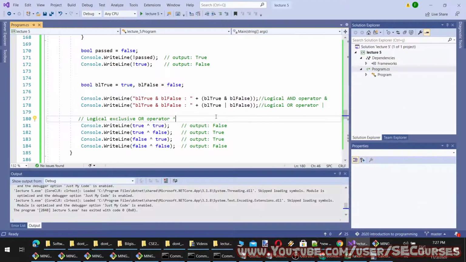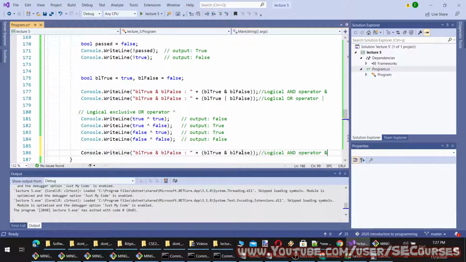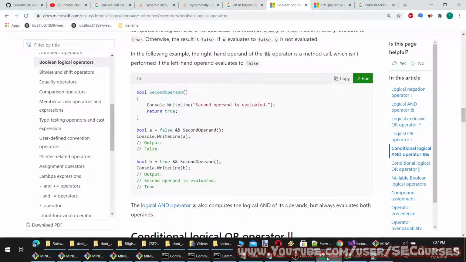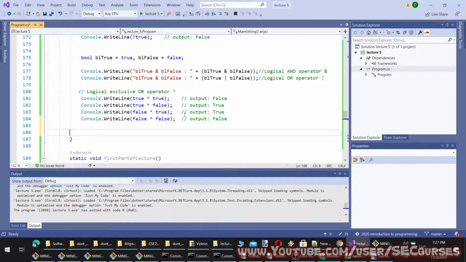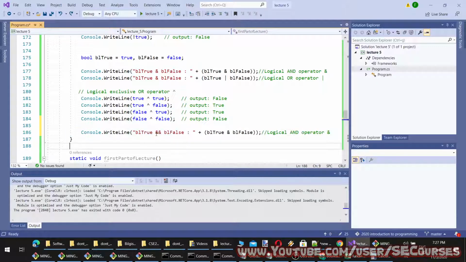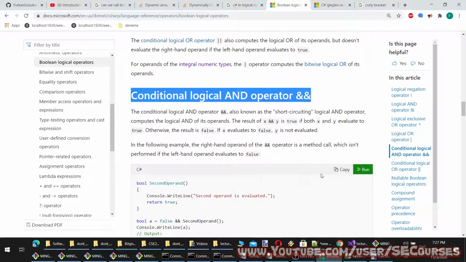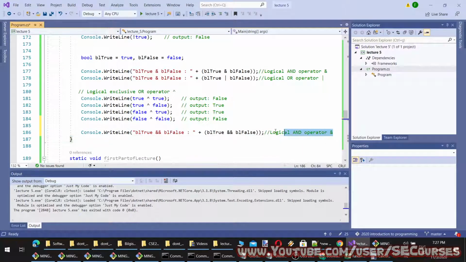Let's try that as well. I think we can use this to see. Conditional logical AND operator. I think I will use this for that example.